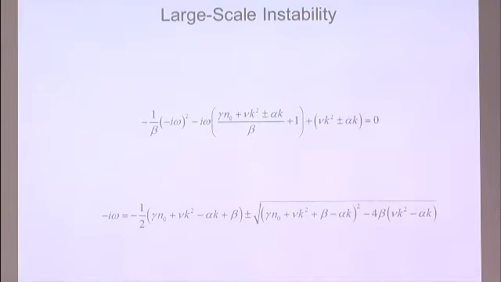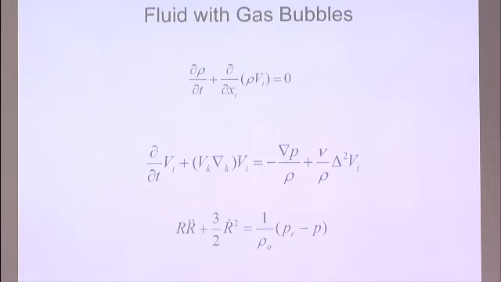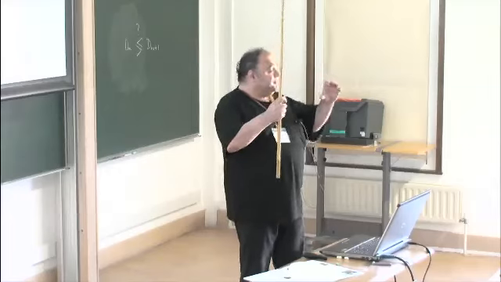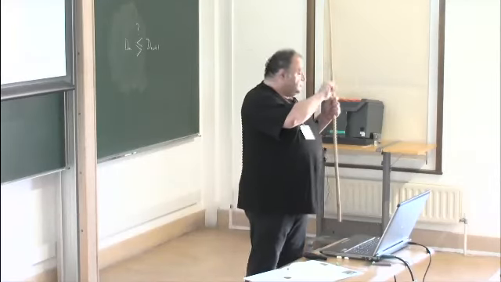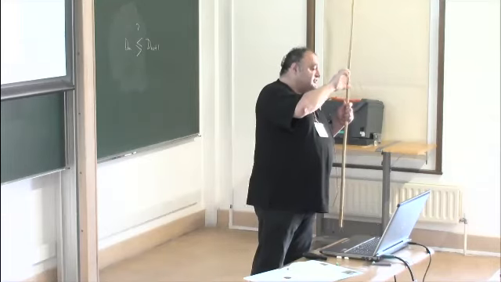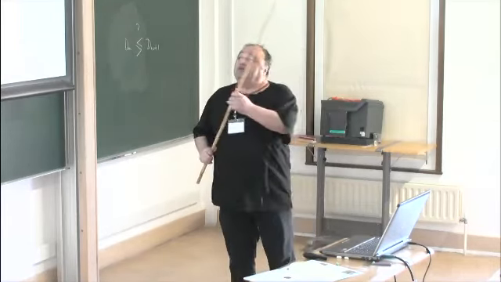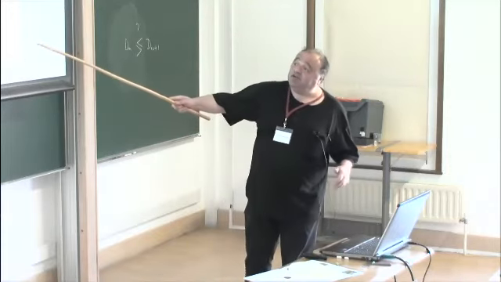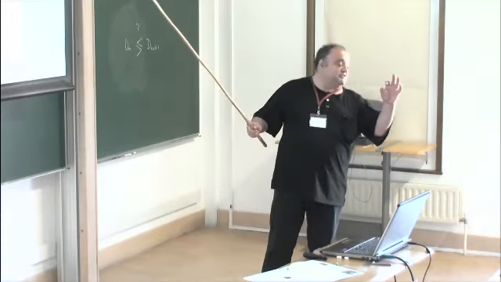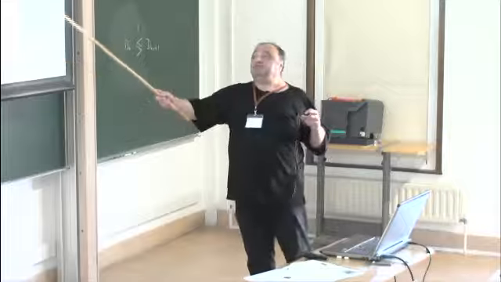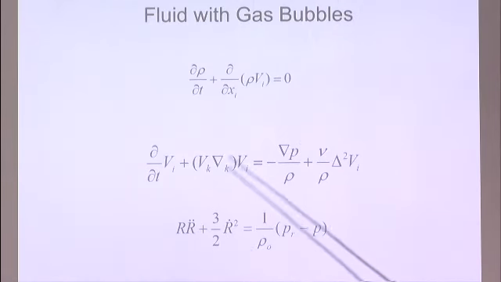There was another system for which we also tried to find such a non-trivial effect. This is a system of ambient flow suspended with gas bubbles. These gas bubbles are oscillating under fluid pressure. Again, this is the Rayleigh equation describing the radius of the bubble. This is the fluid for the mixture, and this is the density. But now we have one-fluid equations. The description of the bubbles is here.